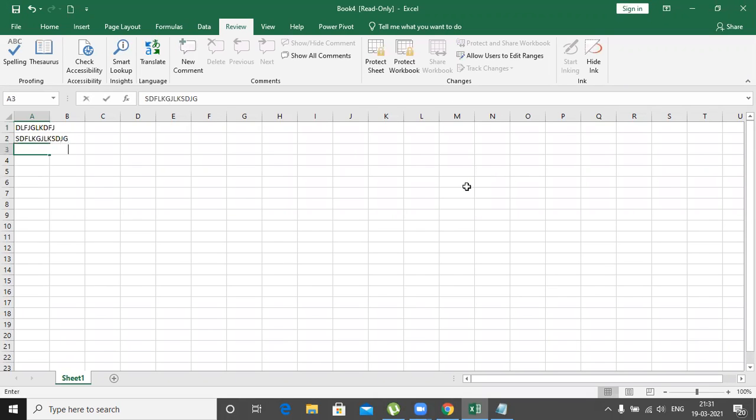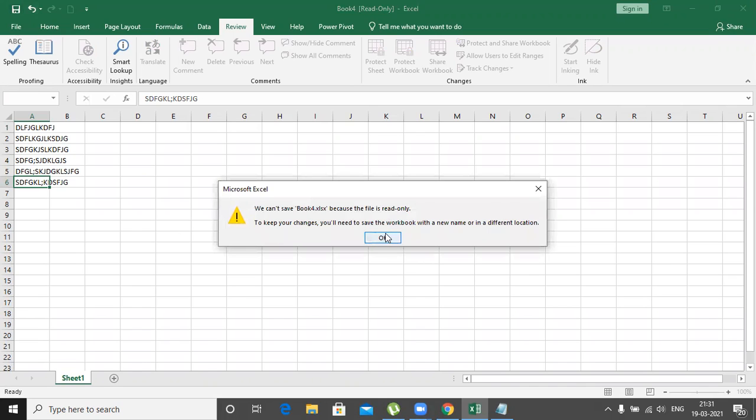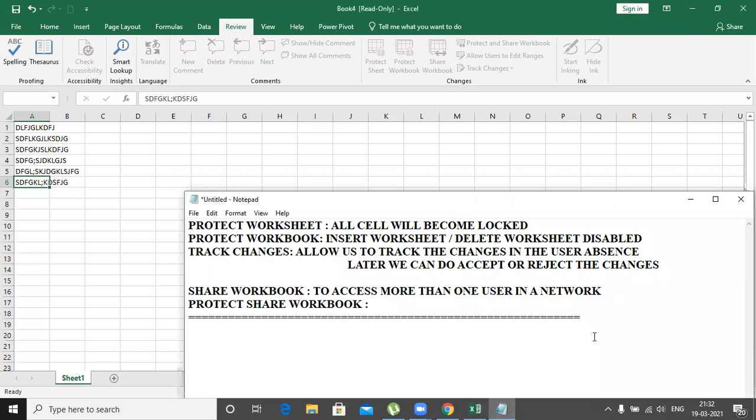So now it's entering the data. Now if I click save, now see what happened. You cannot save because it's a read only file. To keep your changes, you have to enter a new name or save in a different location. Understand, ma'am? Yes.